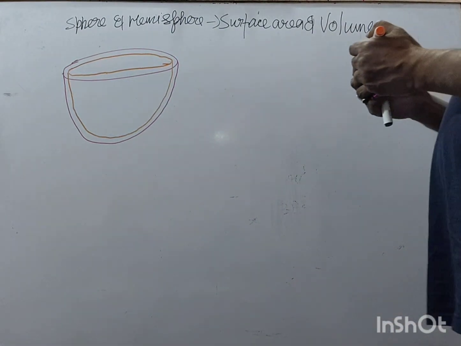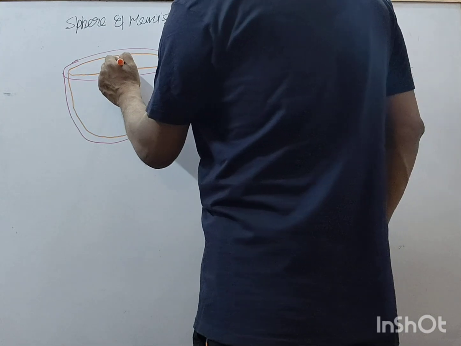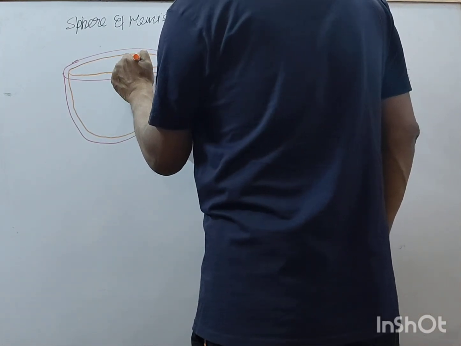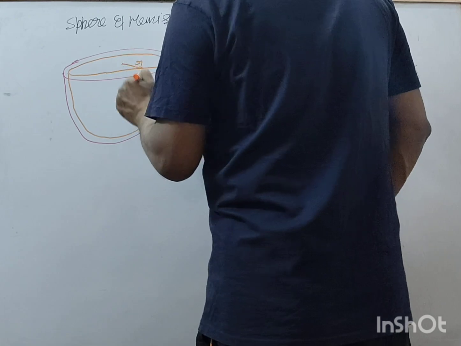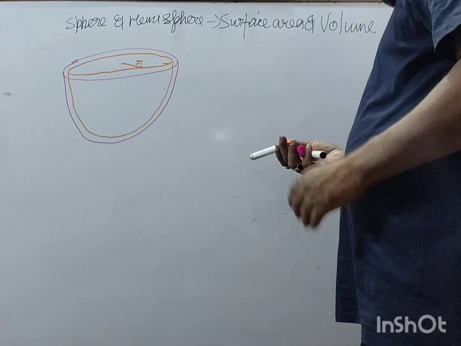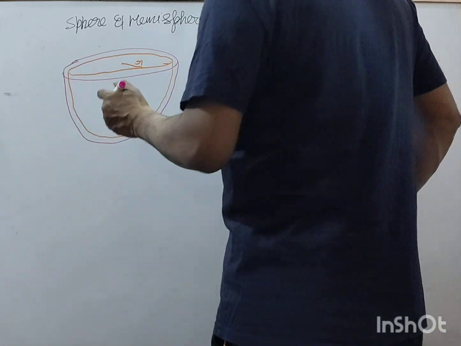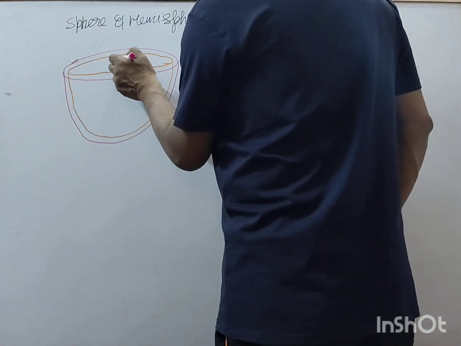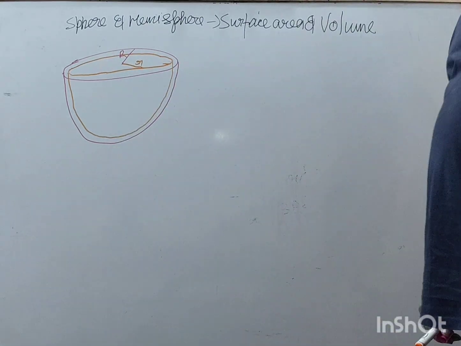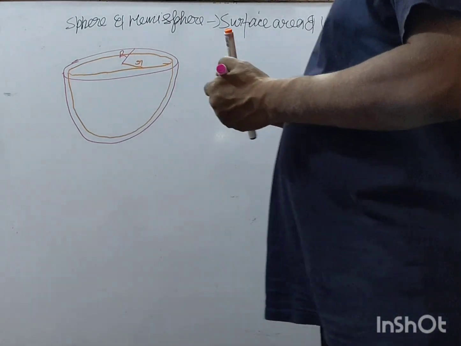This is hollow hemisphere, this is the center, its radius is small r and its radius is capital R, right? So